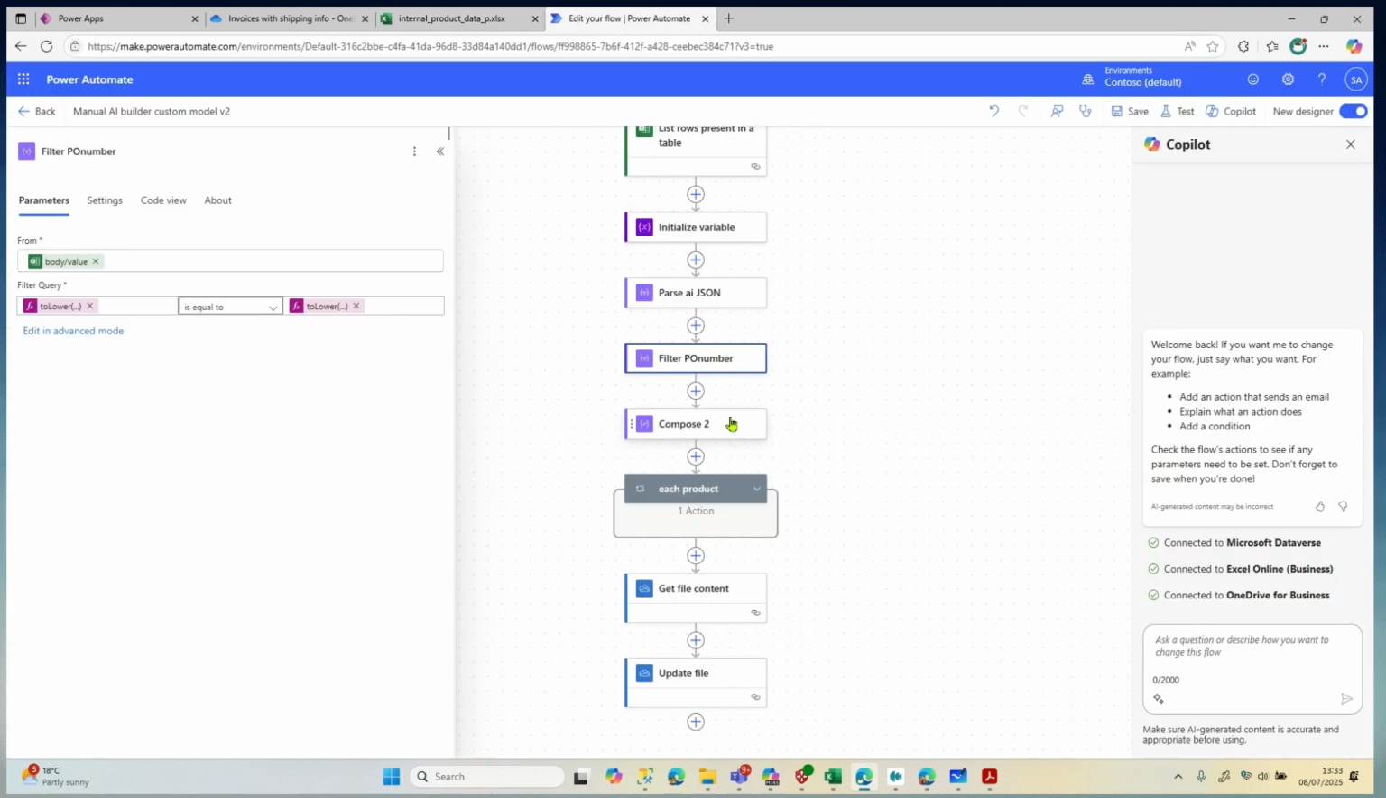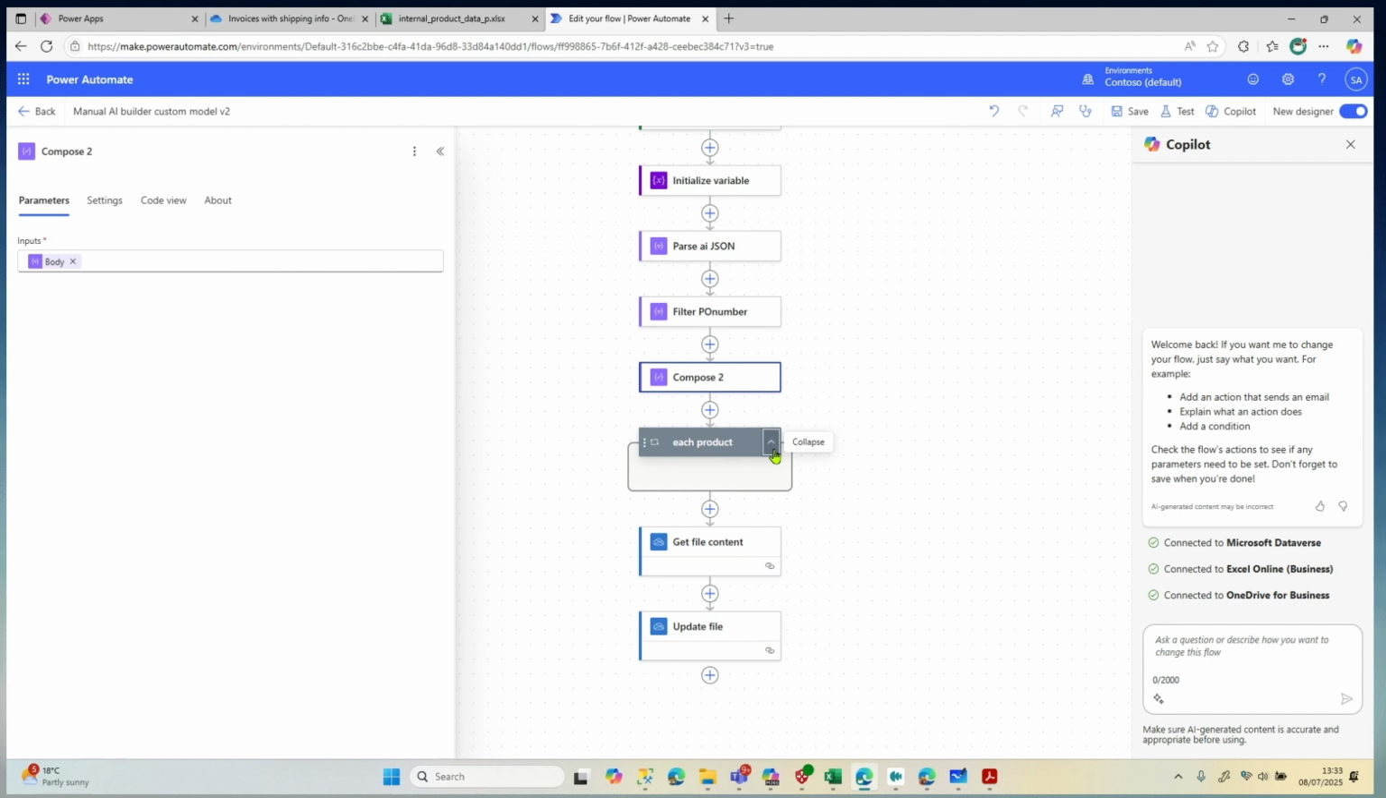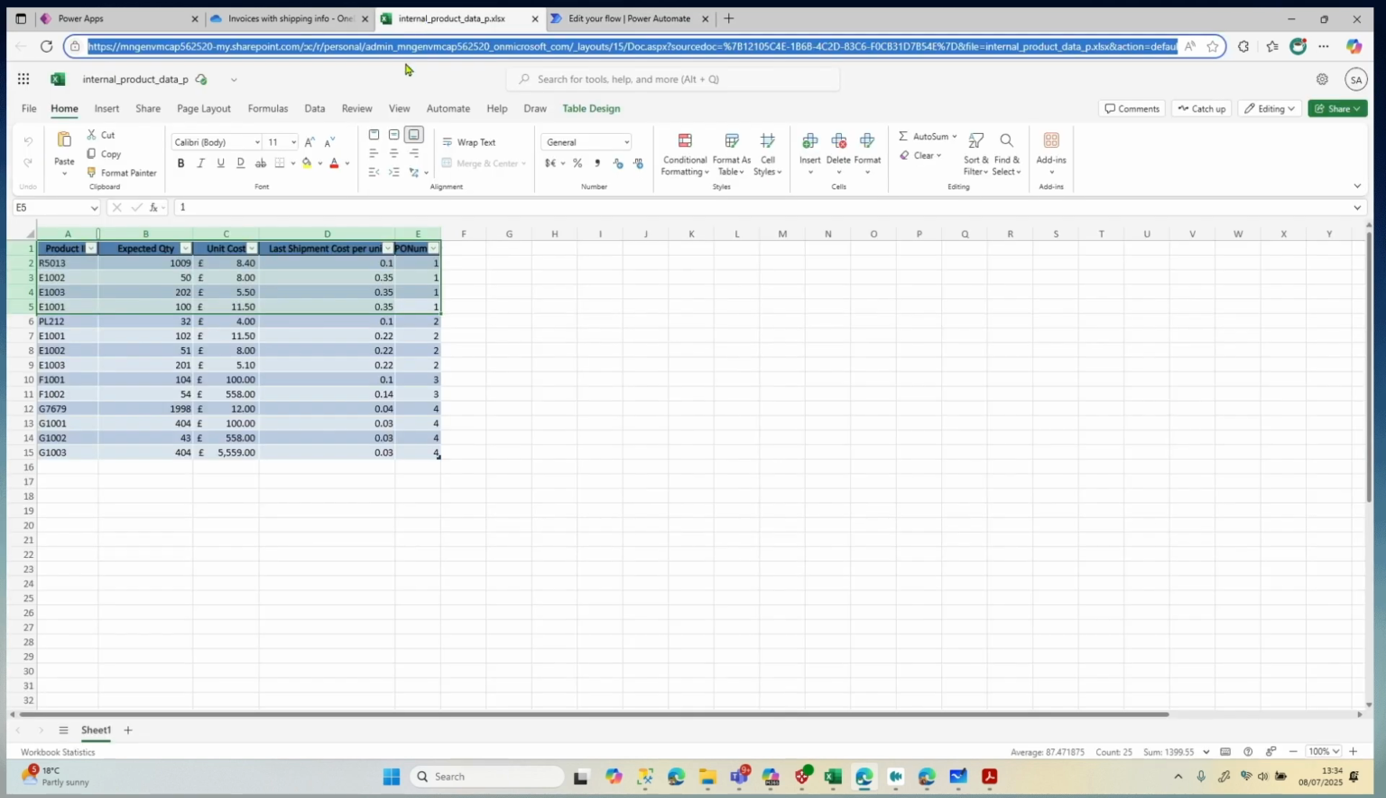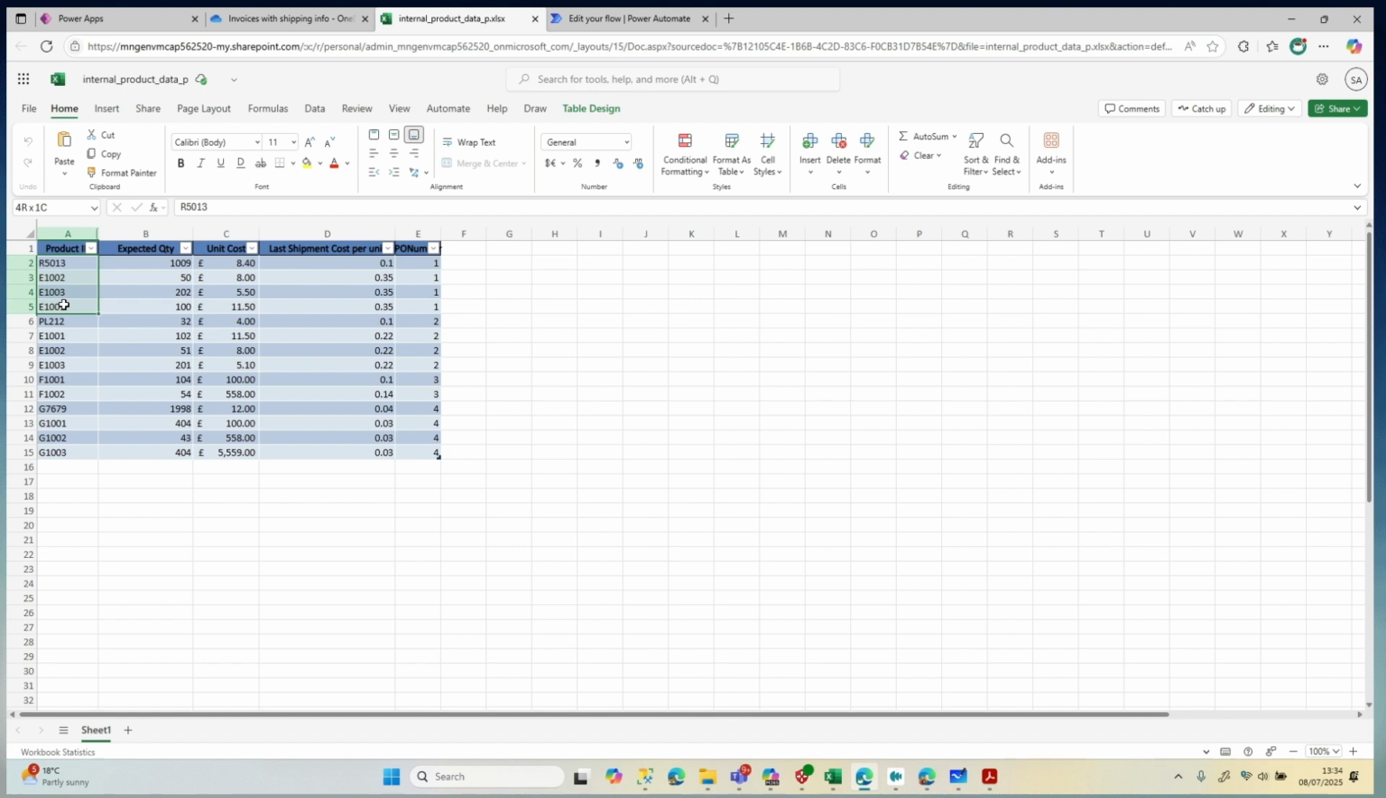The compose I just put in there just to make sure that everything was working. You can use compose to help you make sure that you're getting the right output. After we filtered that Excel, and we didn't want to get every single row, we don't want it to evaluate every single row, then we say for each product, which in this case is each of these products, which will be these 4,